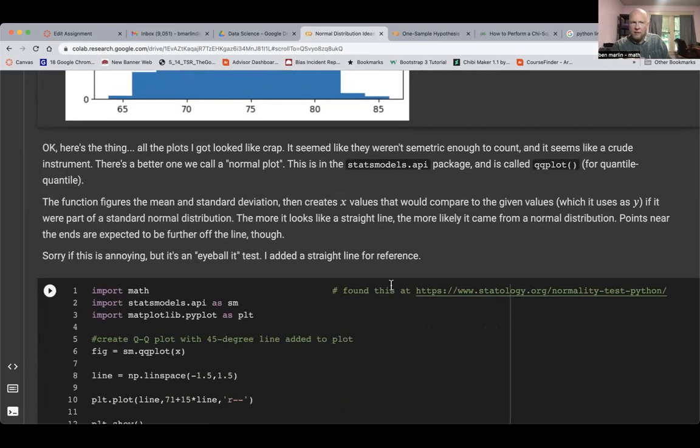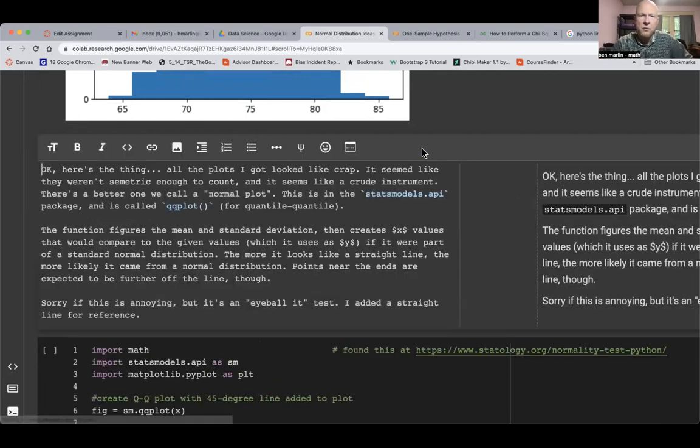So the thing that I mentioned here is you get those plots and they look okay, but they don't look great. In the original iteration of this, the plots I was getting just didn't look very good at all. Oh my God, I misspelled the word symmetric. I feel so dumb. And then I can't even find it.